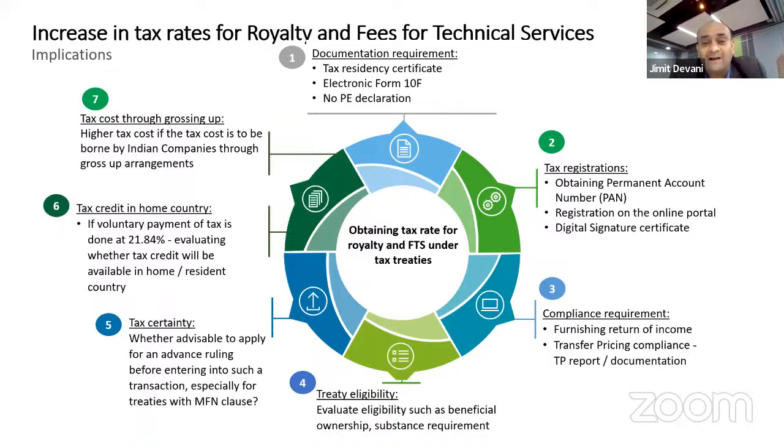You may not be given a credit in that foreign country, and you will be asked to pay the tax again in that foreign country, because the taxes which you have paid in India is not in accordance with the tax treaty, but is a voluntary payment which you have made in India. So it's a very important point to consider before any company takes a position that, oh, I don't want to pay taxes in India, or I would rather pay taxes at the domestic law rate of India and not claim a treaty benefit just to avoid compliance. That may not be an option unless you are ready to pay higher taxes, and that will be a huge cost in those countries.